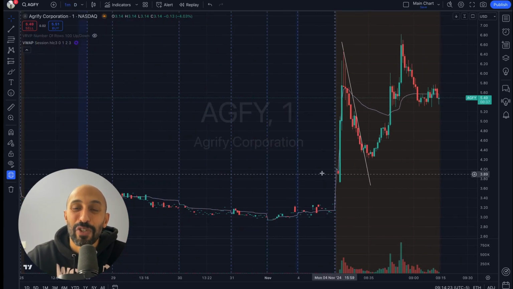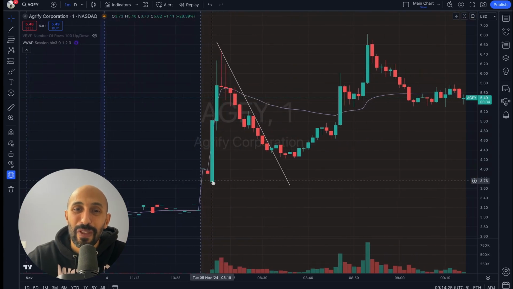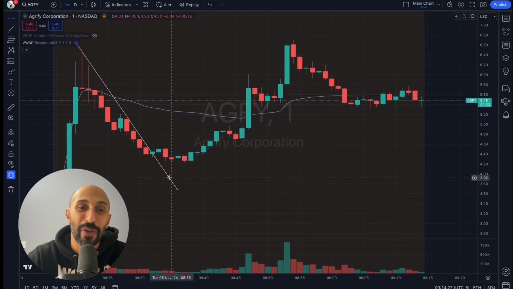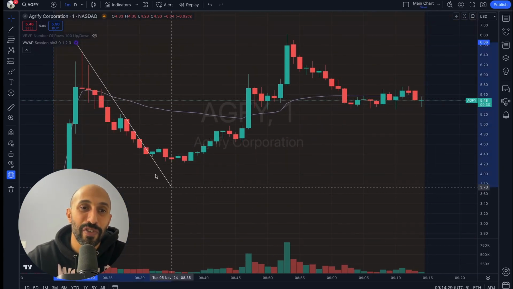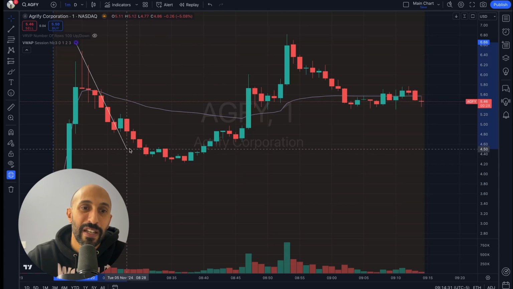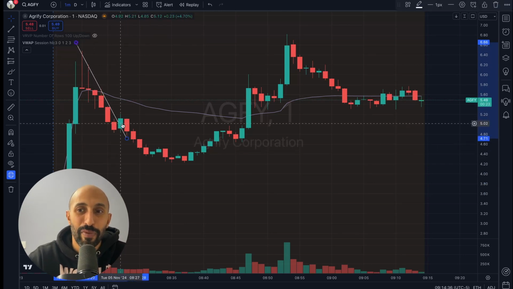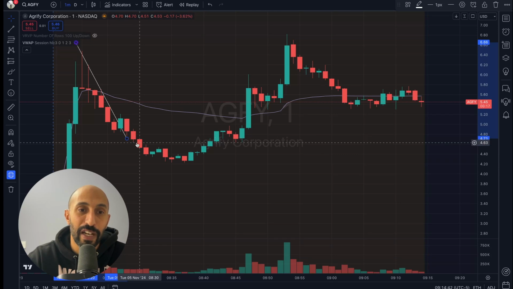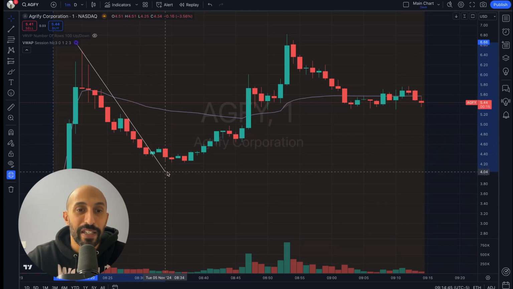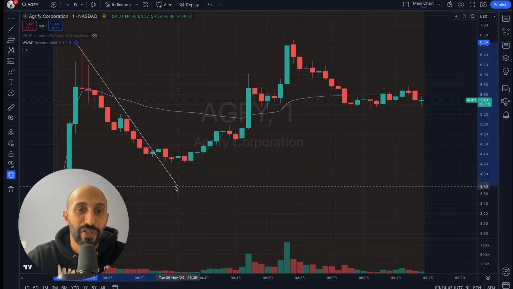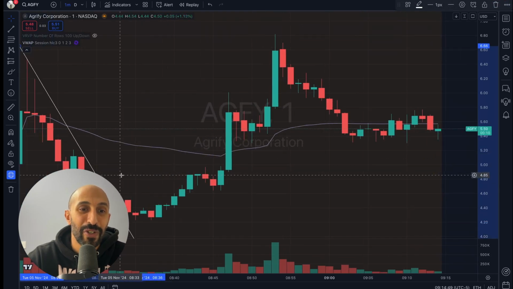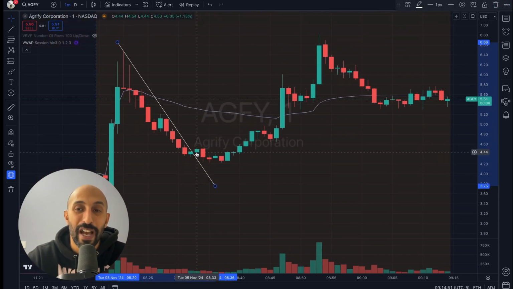So if we jump to the intraday chart here, initially I thought it was going to follow this trend here, this down here. And so when it went over 5, I took a piece at 5 and was risking this low here and then just cut it immediately when it broke down, and then re-evaluated and could see that it was following this trend. Okay, so I took a piece here when it broke this trend, risking this low,